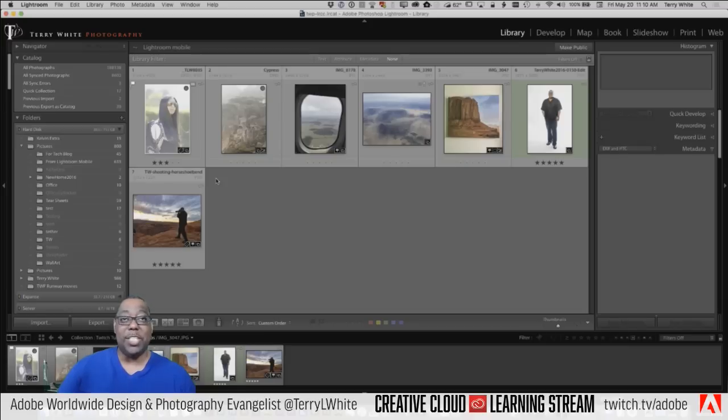So, and that's just a URL. Signing in with the same Adobe ID, you'll see all of your collections and be able to use them. Now, in addition to you having access to all of your collections on the web,